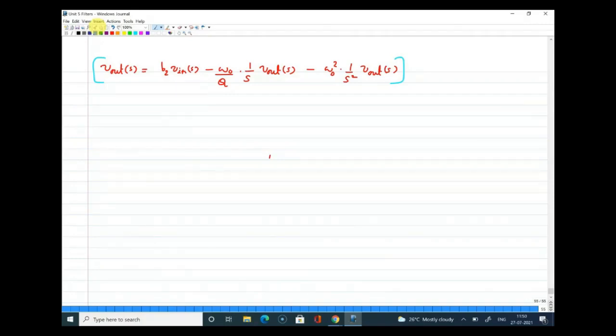So how will an integration function in the time domain be represented in the S domain, or frequency domain, in Laplace? 1 by S, yes. So you can see that there is a term here, 1 by S. There is another term which is 1 by S square, right? 1 by S means directly an integrator. So this shows that there is an integration function. 1 by S square means it could be a cascade of two integrations, right?